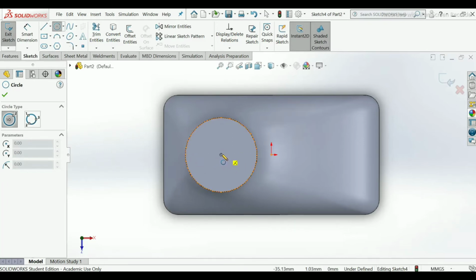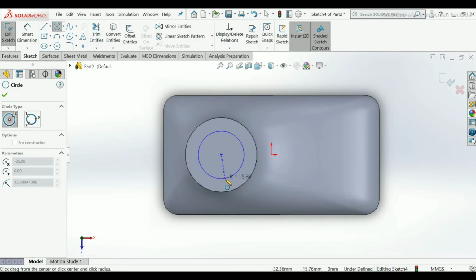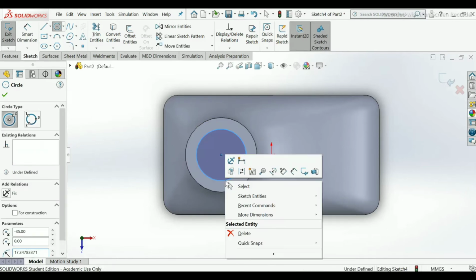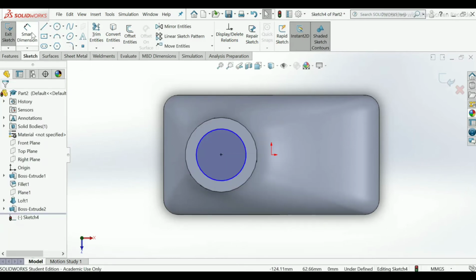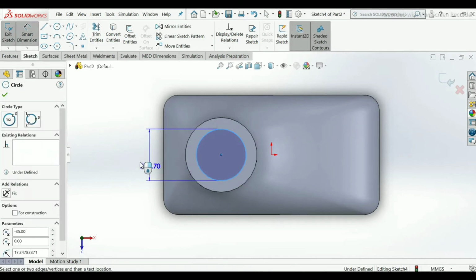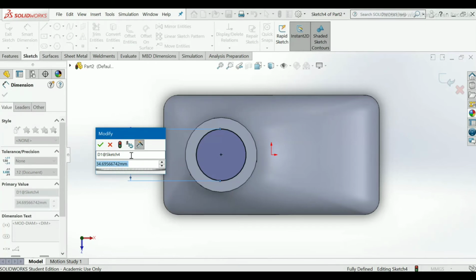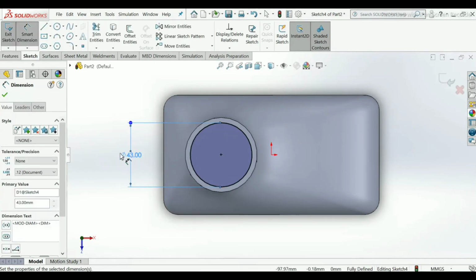Yeah, we have seen this center point, so click this center point of this extruded circle. Select, apply dimension for this. Take 43 mm diameter. OK.